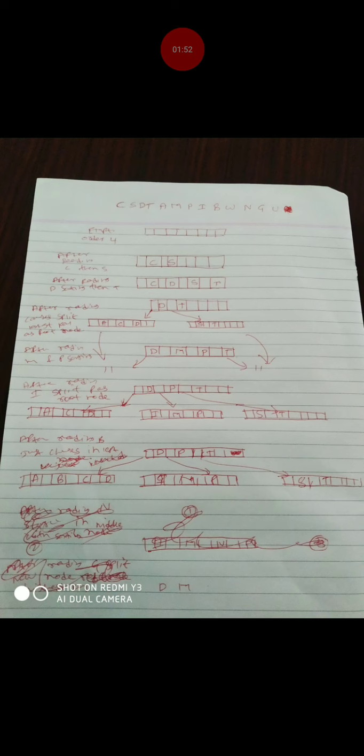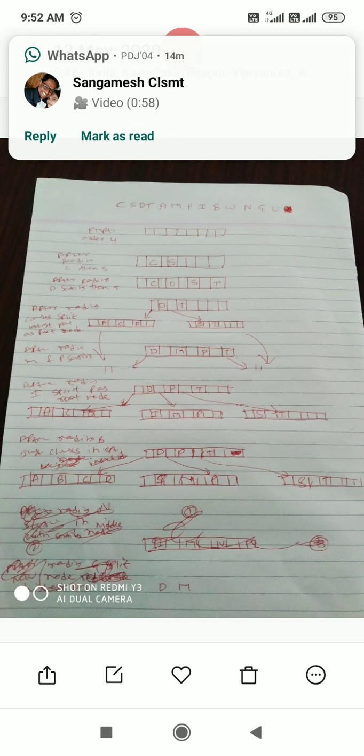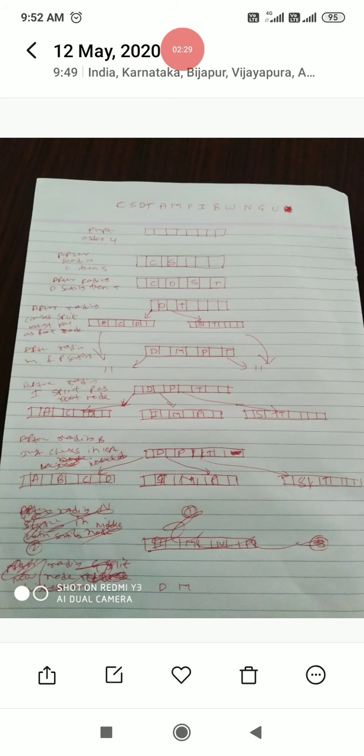See here, when we split, we need to keep in mind that whatever node we create should have a minimum of 2 elements and a maximum of 4 elements. So in the root node's first element, I write D, and the second element I take as T. Why? Because when I split, I need to create 2 child nodes. Here the new node is A C D. Out of 4, this node is filled with 3 elements. Out of these 3, D is the highest element, hence it is taken as the promoted element, and that will be the root node value.